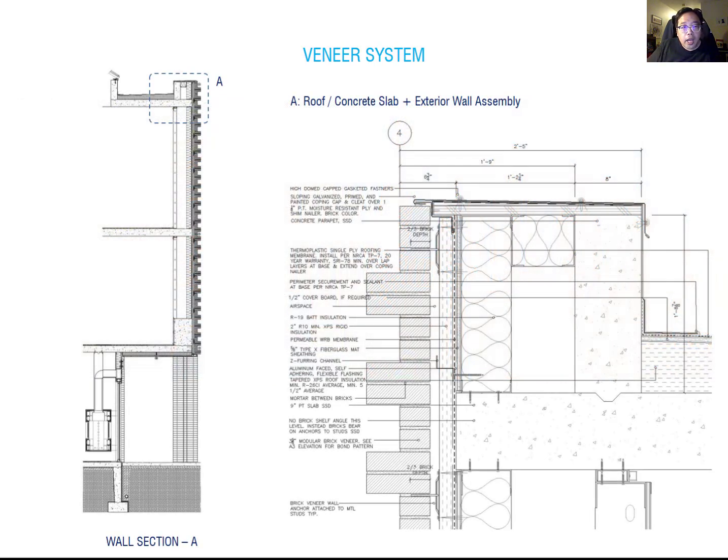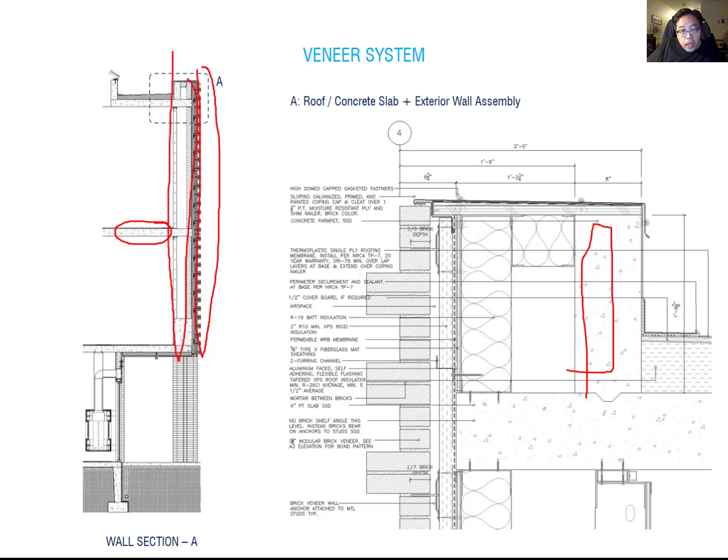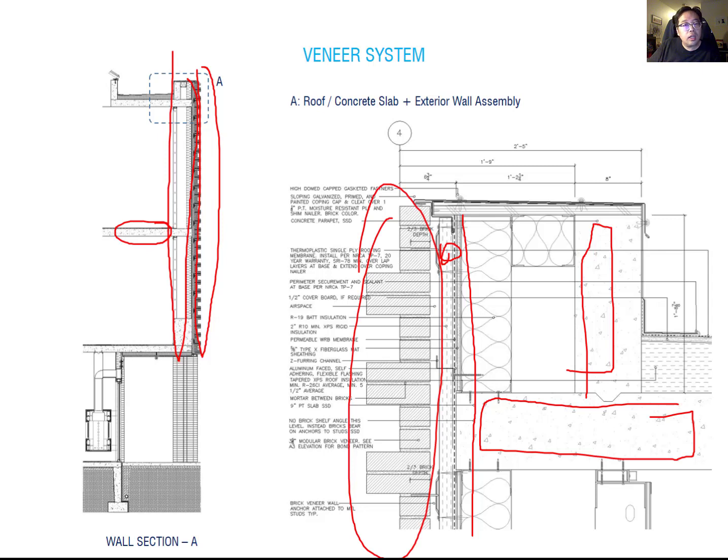Okay, so I just brought out the building section of this project here. You can see that this brick veneer layer is a non-structural member. The actual structural members, you can see, are the concrete slab and concrete wall here. So you can see an upturned concrete beam, and then the concrete slab, covering this structural member, and adding the insulation, and the brick wall here is only a decoration skin. It is for the outside layer. It doesn't work as structure. So please don't worry about